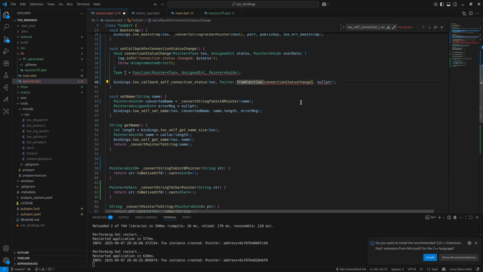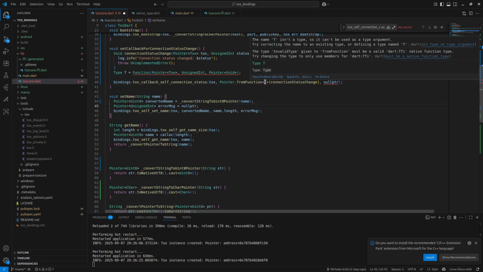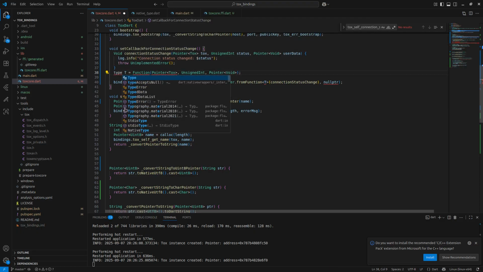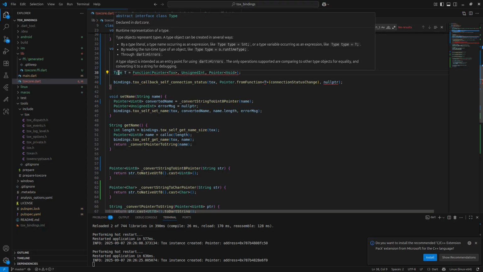We can put T here. Isn't a type. What's type? Is it supposed to be a lowercase type? No, declared in type